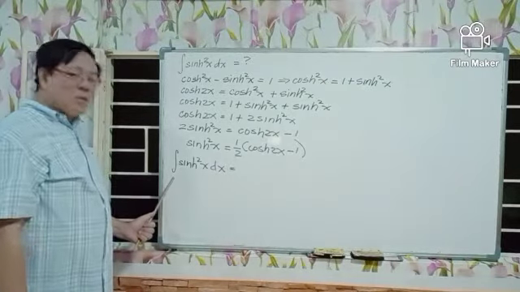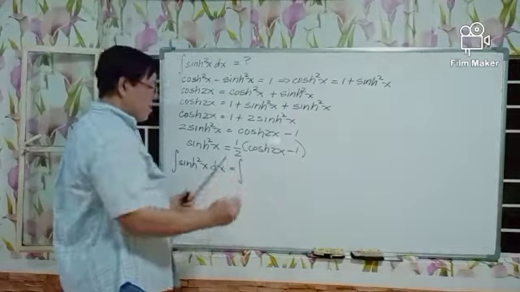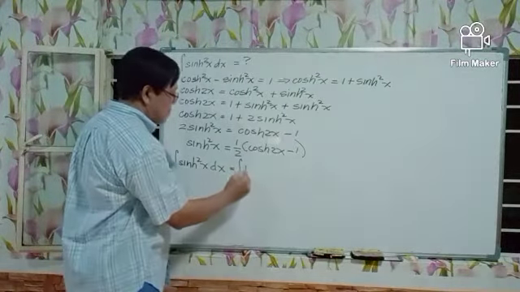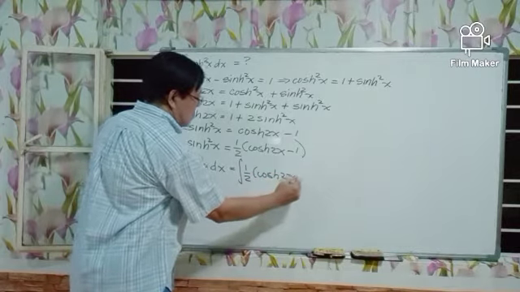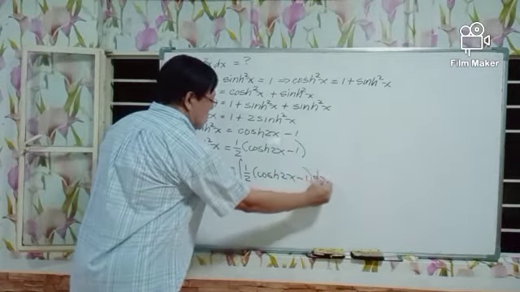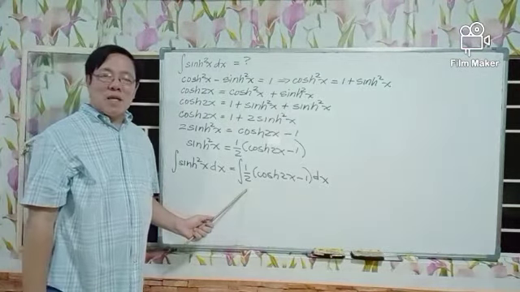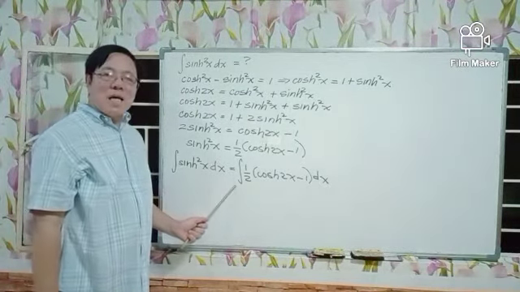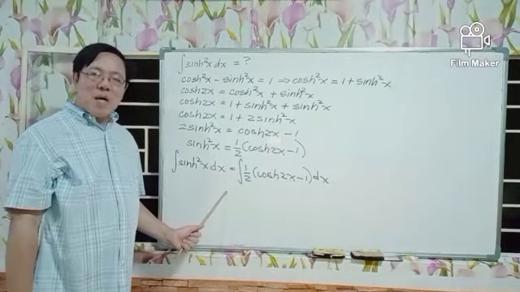So this is now equal to the integral of 1/2, but 1/2 is a constant, so we can take it out of the integral sign. So this is now equal to 1/2 times the integral